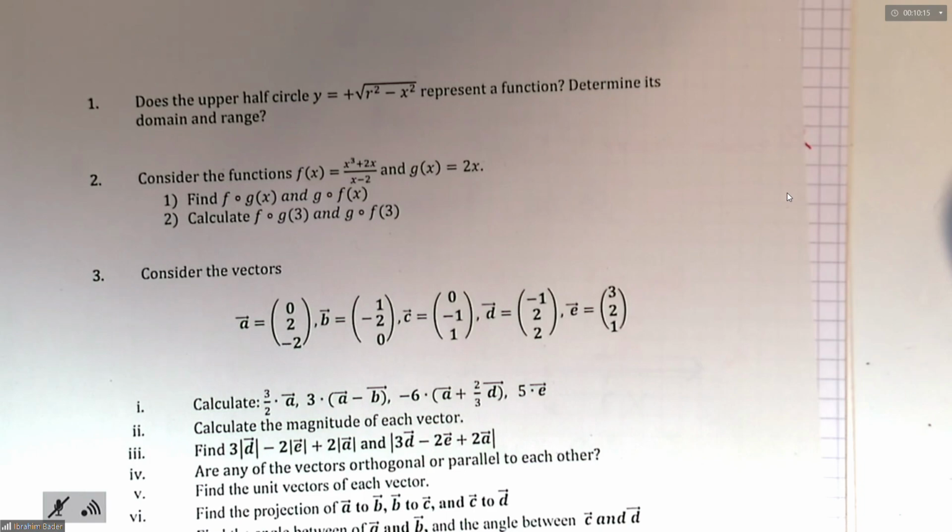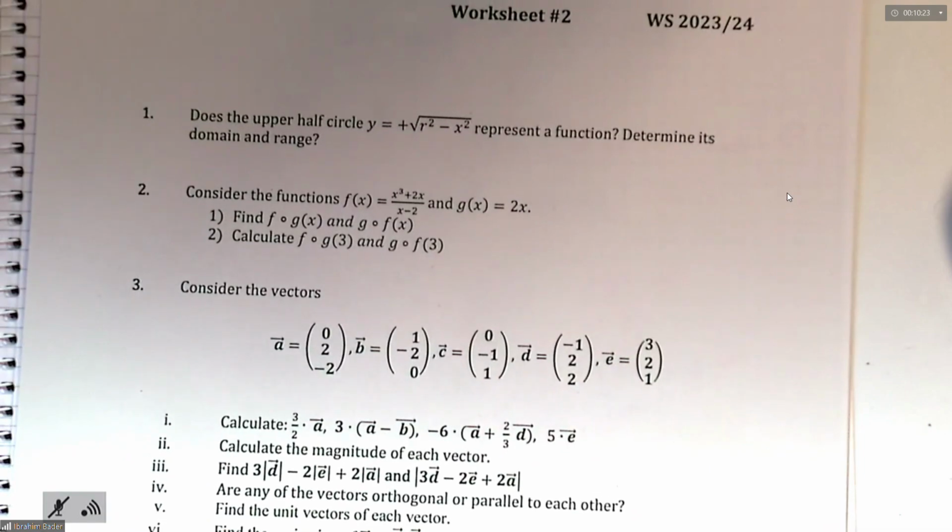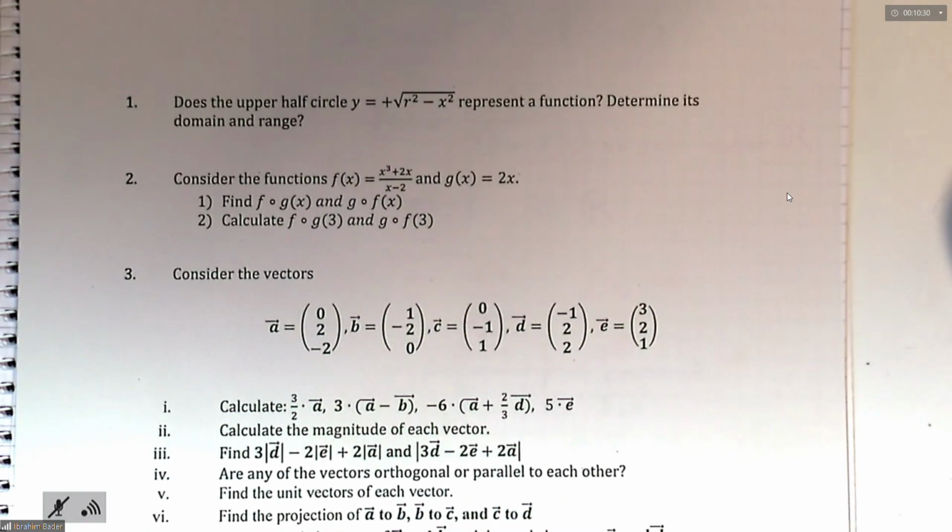Yes, please, go ahead. One last question on the first question. How was it that you came up with R squared equals 16? No, I didn't come up with it. Maybe that's why you joined a bit later. We said that to illustrate it better, we will take specific concrete values for R. So this 16 here, if you like, is just